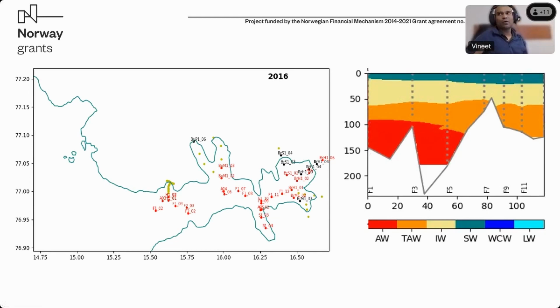So when we say warmer waters, what needs to be understood is that it doesn't mean that the temperatures are 20 or 30 degrees Celsius. What it means is that these waters are warmer compared to the local water in the Arctic. So the sea ice starts forming at minus 1.8 degrees Celsius. So if we have water temperatures which are 2 to 3 degrees Celsius, this will still hinder the formation of